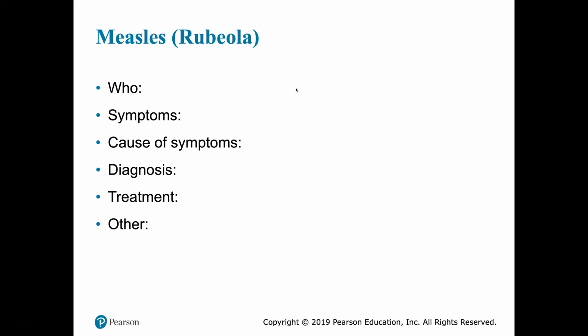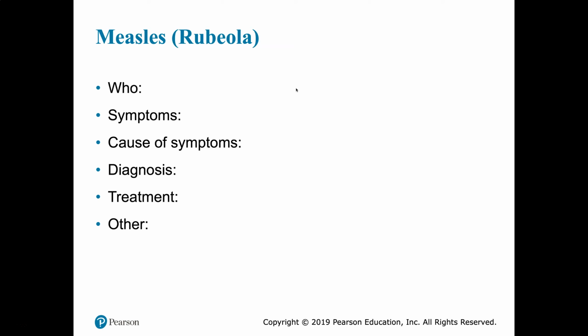So who can be affected by this? Anybody, because it's highly contagious. It is highly contagious, so it spreads very quickly. Healthy individuals are less likely to have complications, but they can still, this is a true pathogen. You can still get sick from this. The incubation period for this is about 8 to 12 days, roughly. And the symptoms are